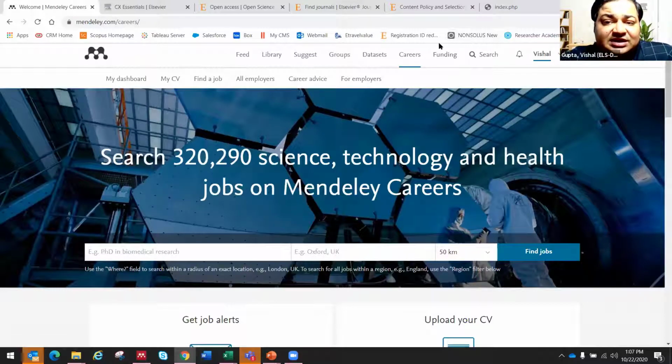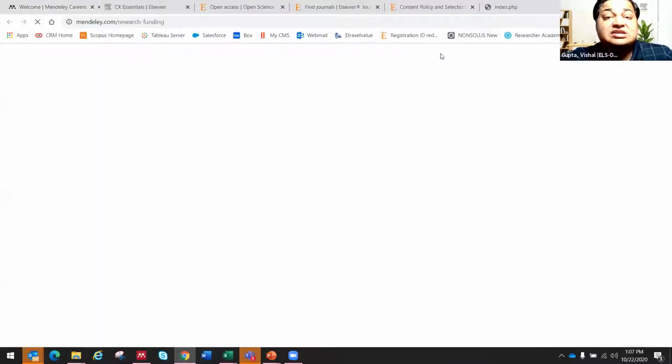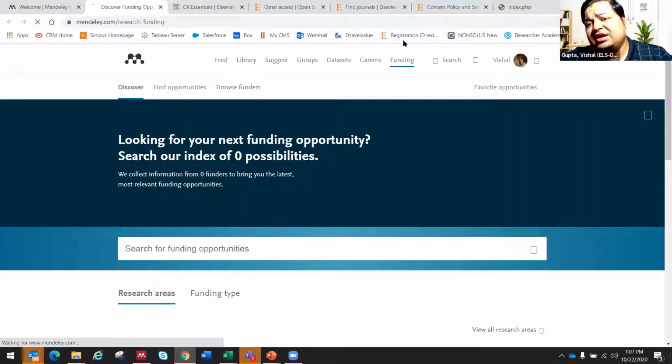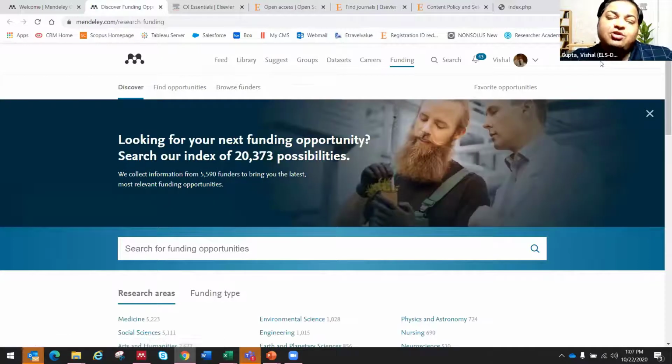And then there is a unique tab here which says funding. This is something which is really interesting and is really going to help you a lot. So let me ask you a question. If you are looking for funding opportunities for your particular topic, where do you actually search them? So you probably go to the HEC website, or you go to other funding agencies that exist in your country, and you try to find out funding opportunities. My question is, how many funding agencies do you know that are active in Pakistan, right? So that is a big question.